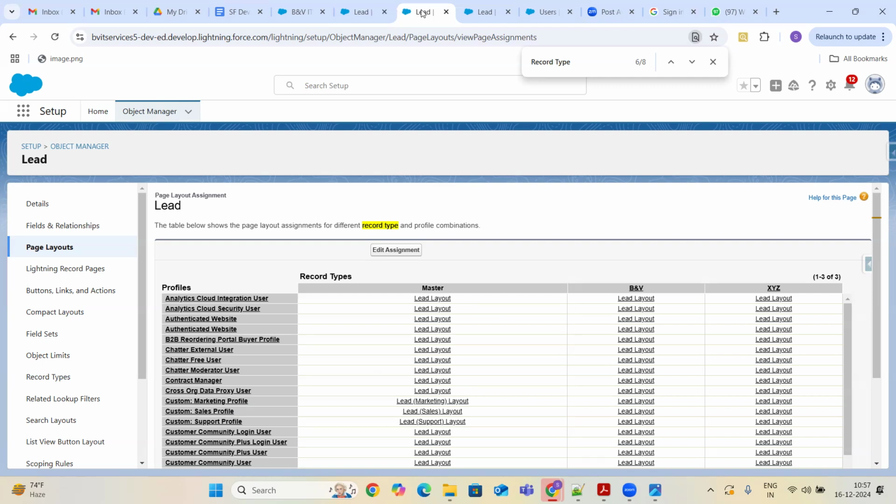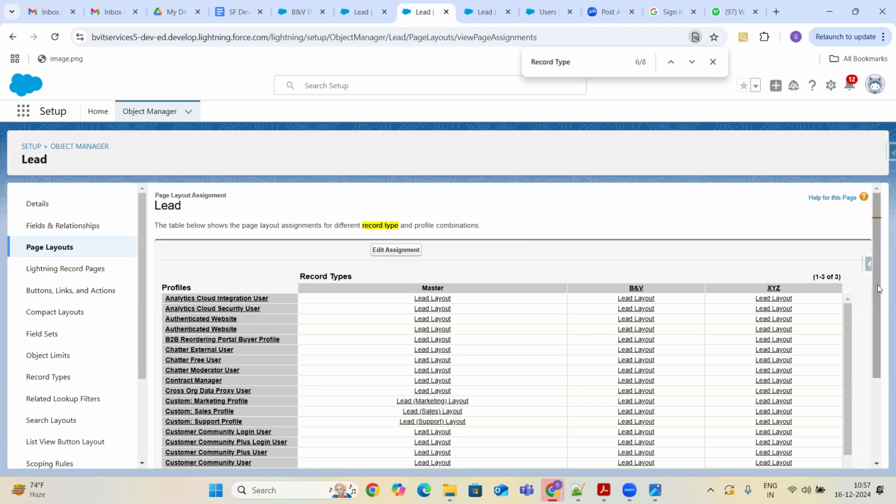When we created the record type, we saw it was showing 4 page layouts, and we selected the lead layout. So it is something like that.